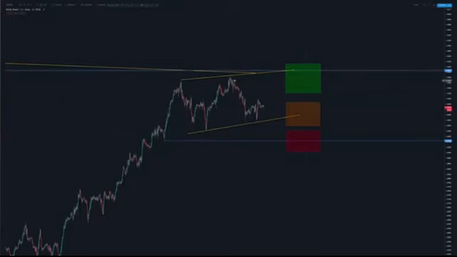But this is why we use multiple time frame analysis and why it's so important, because it's all about where we are within the market on that particular time frame and what are we trading into. Those are the two key things I consistently ask myself. So the green zone, think of trading into no negative confluence. You can see here there is nothing until this level here,